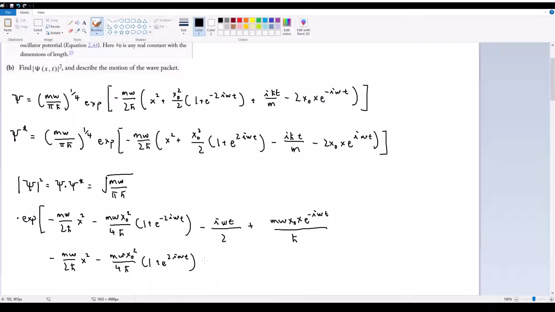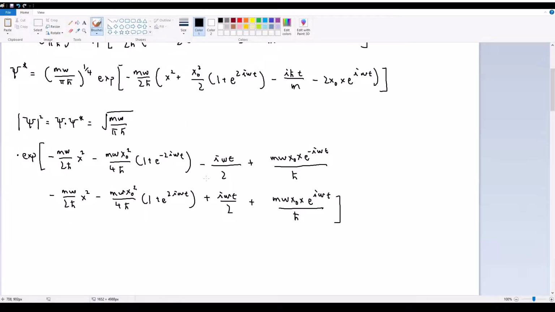Let's see, this time plus, once again, the h bars and the m's cancel, so i omega t over 2 this time. Is that correct? M's cancel, h bars cancel, i omega t over 2, yeah. And then added with m omega x naught x e to the positive i omega t, all divided by the 2's cancel, leaving only an h bar. So let's see, immediately these two terms cancel out, so the magnitude of psi squared is now going to equal